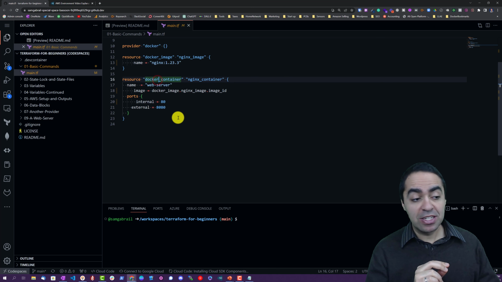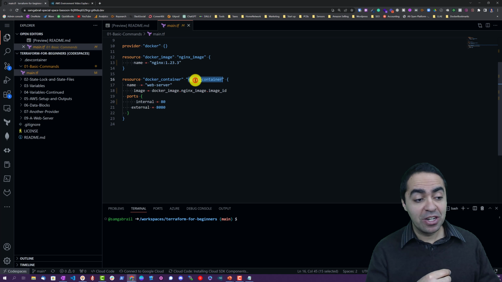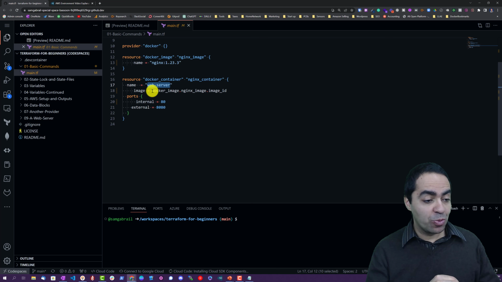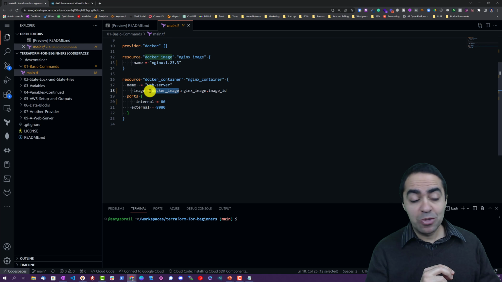The next resource is the Docker container resource, which allows us to create a container. And in this case, the arbitrary name we're giving it is nginx_container. And the name of this container, we're going to call it web-server. And the image we're pulling is the previous image we just pulled. So the resource docker_image pulls an image into your local Docker deployment or install. And then we call that image using this option here, image